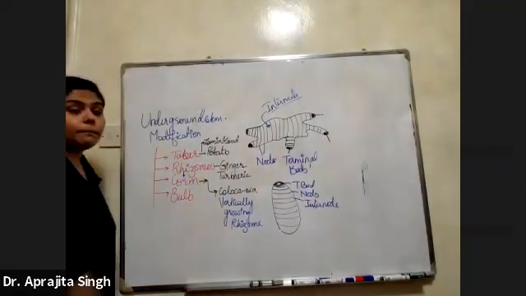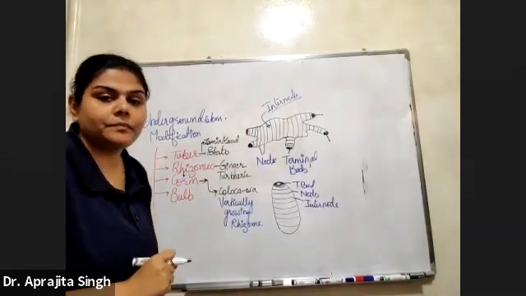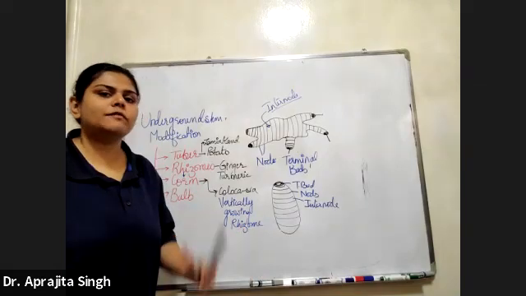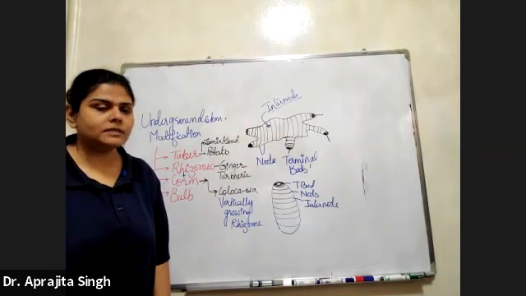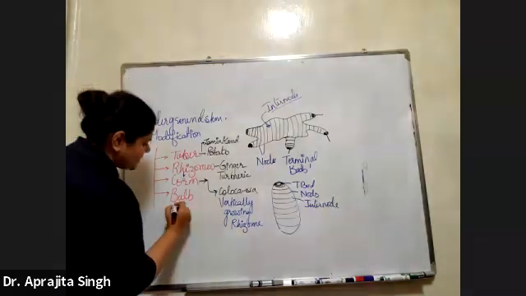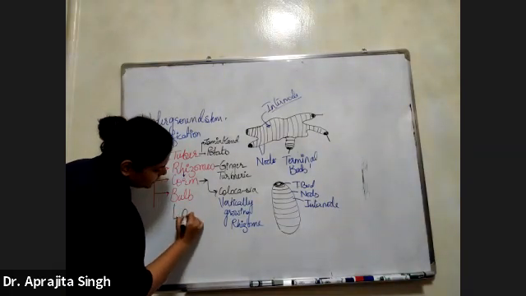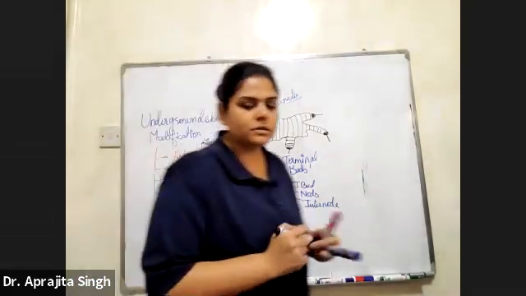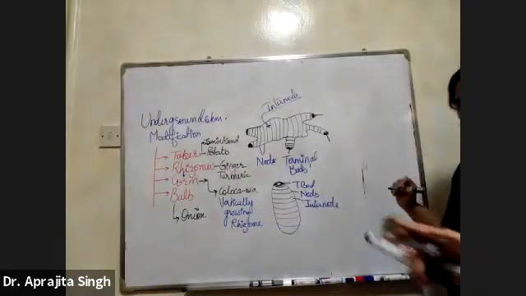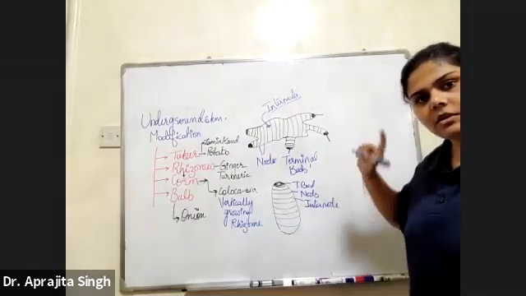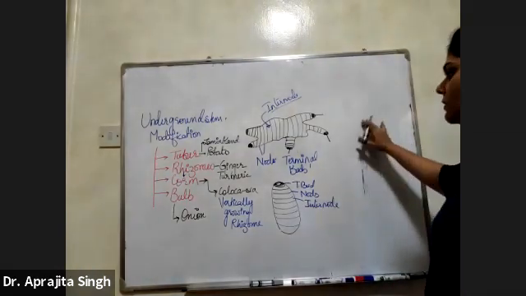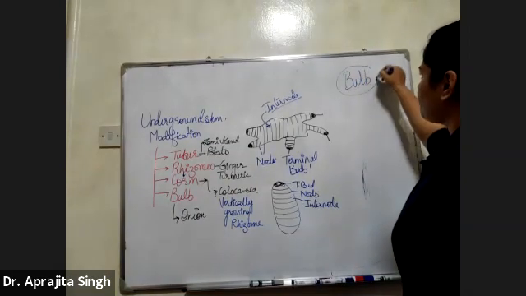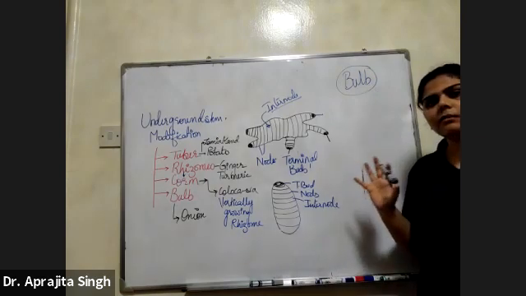Now we have to see the bulb. Bulb. Onion. But ma'am, in the last class you said the onion falls under the category of modified leaves. Yes, that's true. But the bulb's example is the onion. How? I will tell you how. That's my work, to clear the doubts, right? Please stop writing, everyone, just for a moment. I will give you time. I am making the diagram of the onion. Just see.